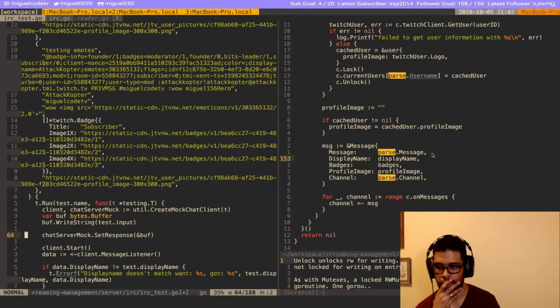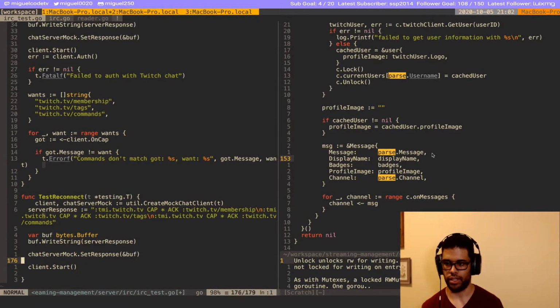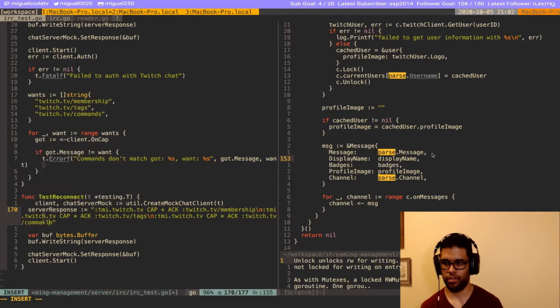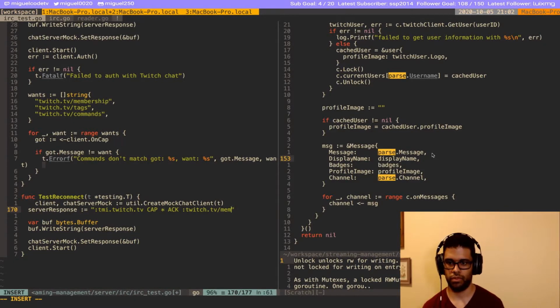Okay, so you're writing the input. Then we're gonna start the client. And we don't have to listen for messages because we're not expecting any messages. Okay, so we start the client. It should just restart. So we need to figure out how to, we could probably compare the pointers. So the connection that we have right now and the connection that we had before shouldn't be the same. So let's see what happens.